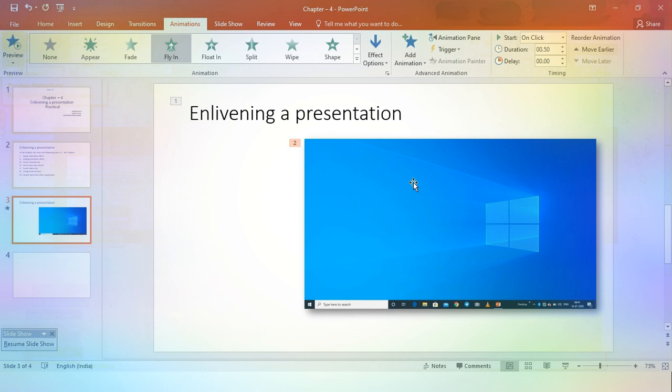I hope you gain mastery over how to apply animation in PowerPoint slides. This is how you make your slides enlivening, meaning there is movement in your slide.